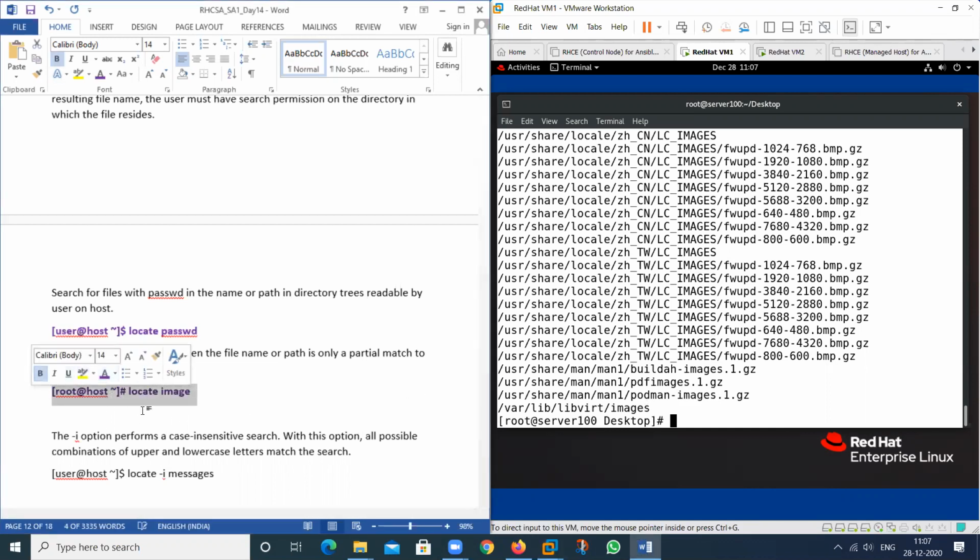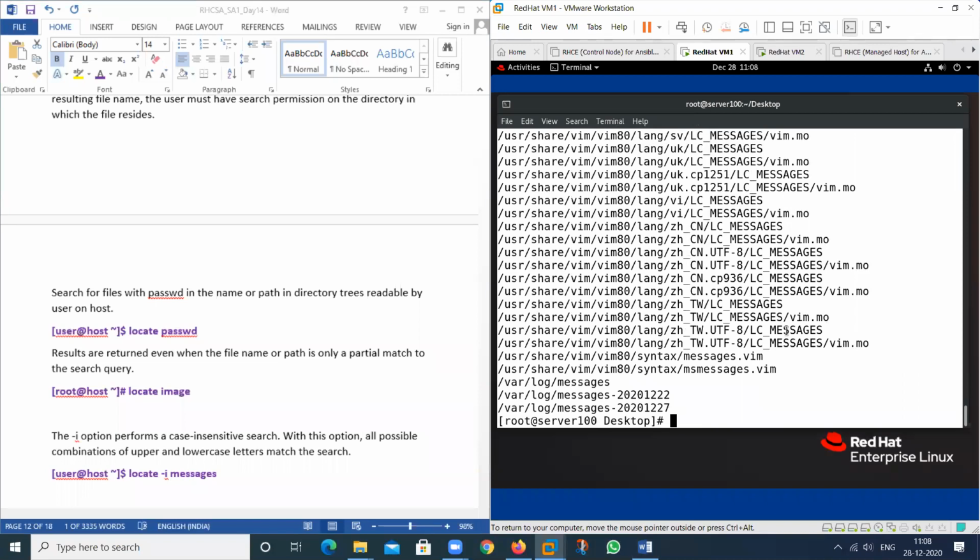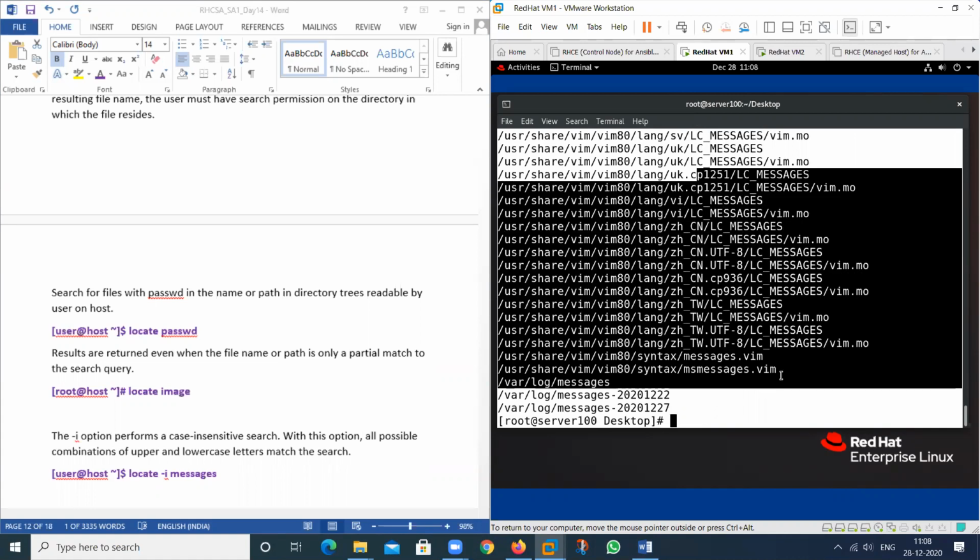This is my command, this is my file name, and this is another one. See here, this is also a file, and here see messages, images. So see, this I starts with capital, and we also have a file that starts with messages. See, messages. All the files that start with M, that is in a capital, and M is also in small. So it ignores the case sensitivity.